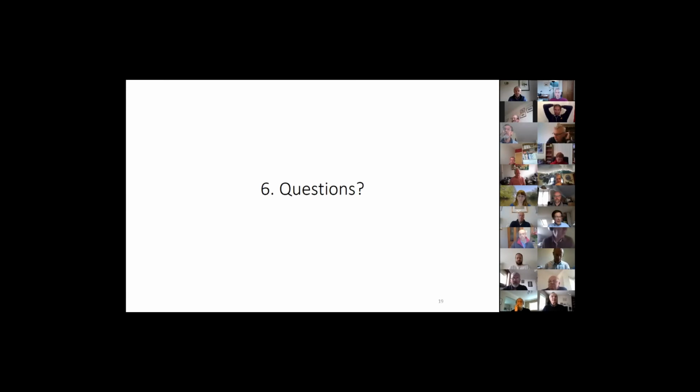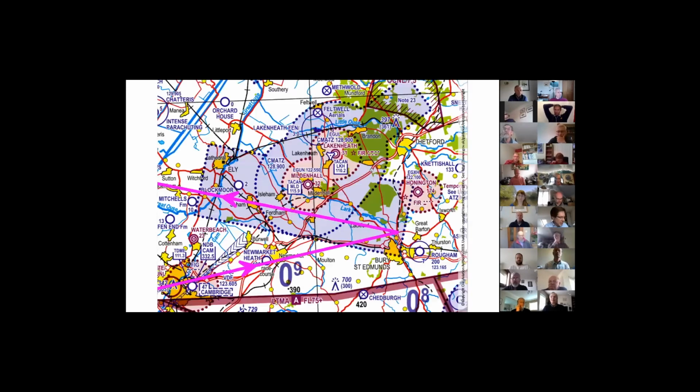So what we're going to do now very shortly is go to breakout. Hopefully you have available either in printout or on screen the session notes. There's a segment of the 500,000 chart that shows your route. You're coming in over Cambridge, heading towards Bury. You're then going to turn Bury North and head back to the west. Somewhere, probably around Newmarket, you're going to give Lakenheath a call and ask them for a basic service and MATS